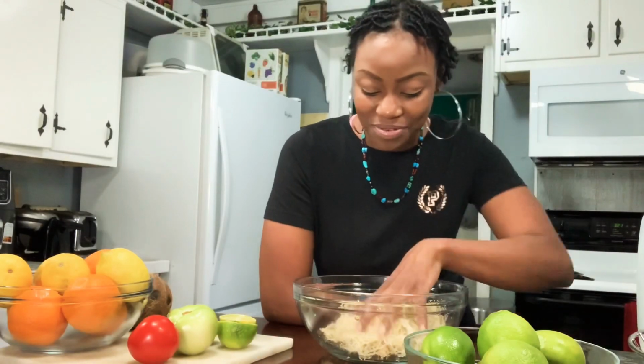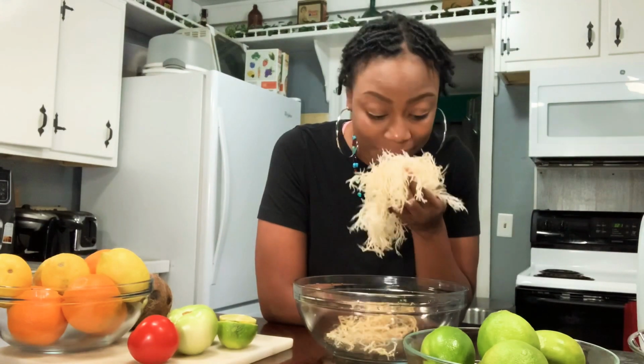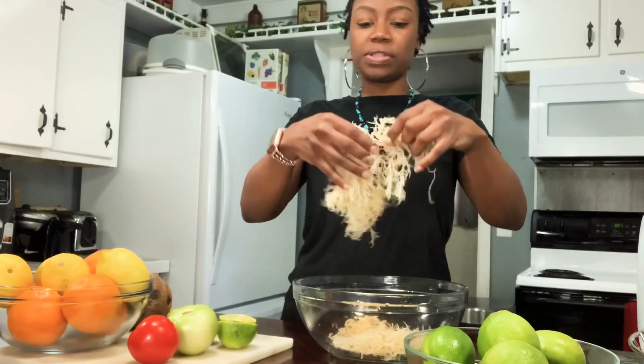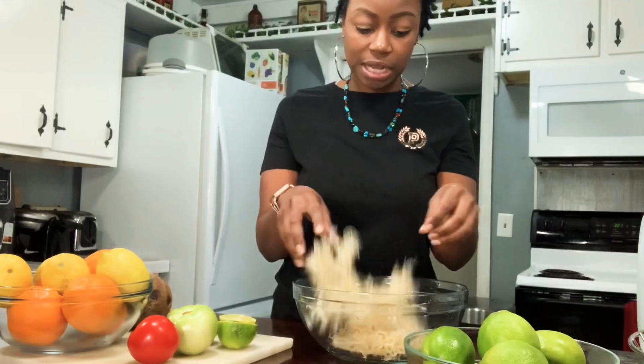So, you guys, this crafted sea moss smells like the ocean. Hey, yeah, look, get a sniff. Get a sniff. Y'all smell that? So, you see how it has expanded through the rinsing process and washing, and I'm still not